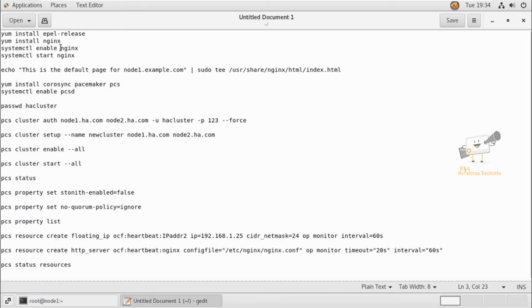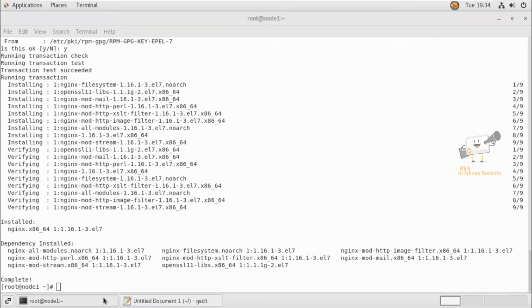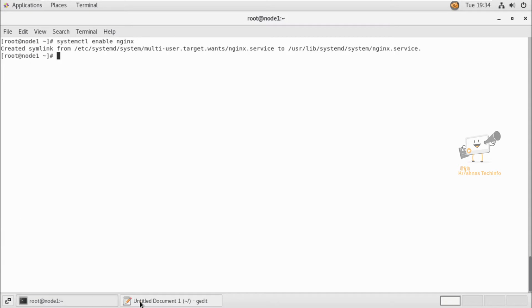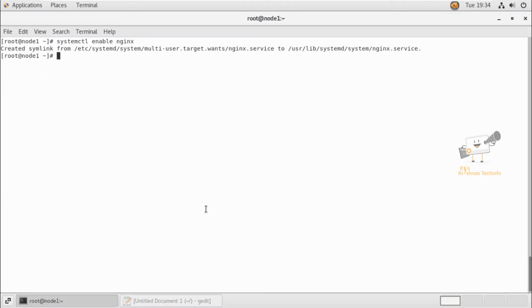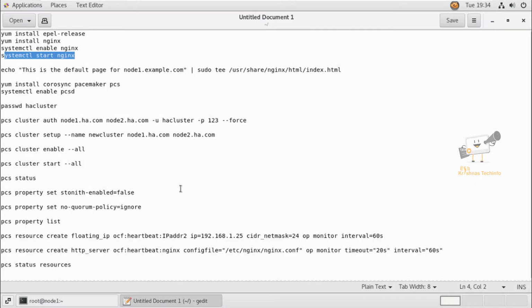Now we can enable Nginx using the systemctl enable nginx command to start on every boot. Now it is enabled. Now I'm going to start the Nginx service with systemctl start nginx. Now the Nginx service is started.